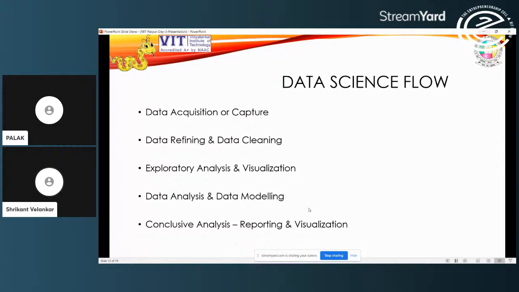Reporting generally means generating tables which indicate the results, the final tables which indicate predictions or whatever is carried out. On that basis there could be some verbose text too, and there will be some graphs. So final visualizations will again be carried out. This is generally the data science and analytics flow which is followed.